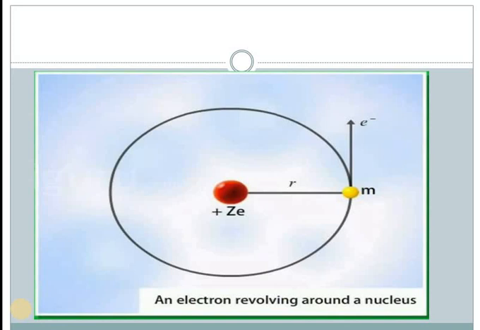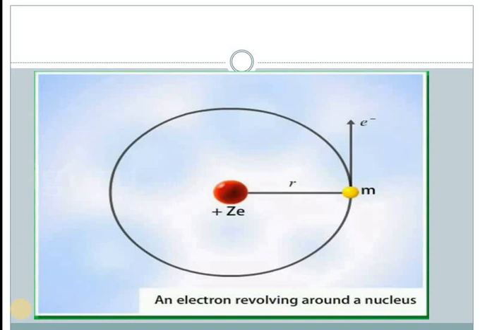Without any plus means that there is definitely plus, otherwise if there is negative we have to put Ze minus. But if plus is over there, if there isn't anything, it means it is plus. So in the nucleus the protons are present, while the yellow color is that of an electron, e negative. It has a certain mass, and from the nucleus to this orbit there is a radius present over there.